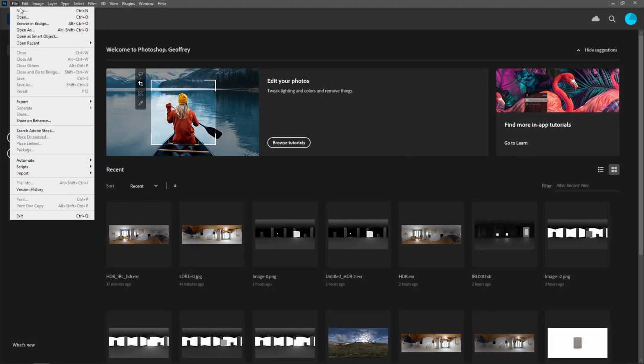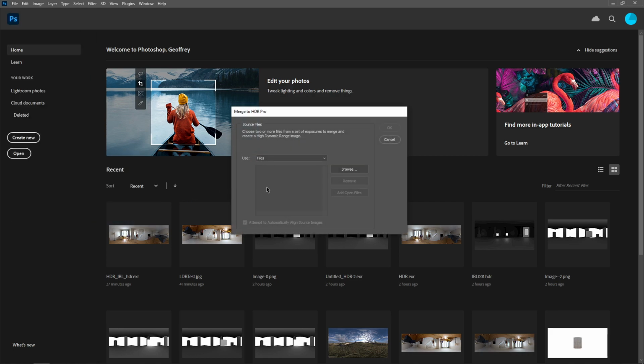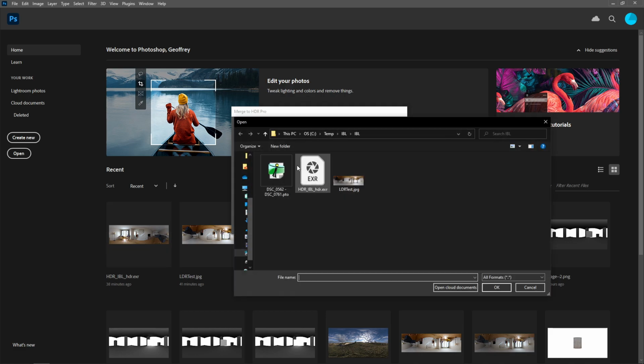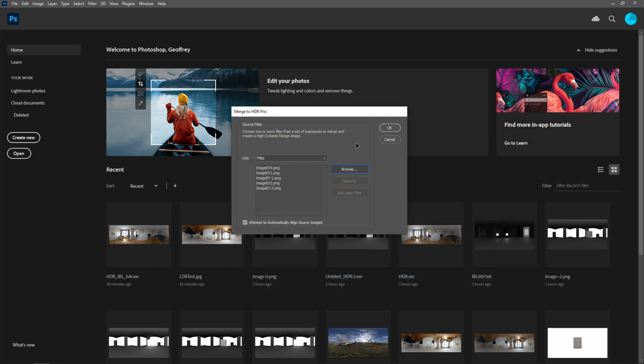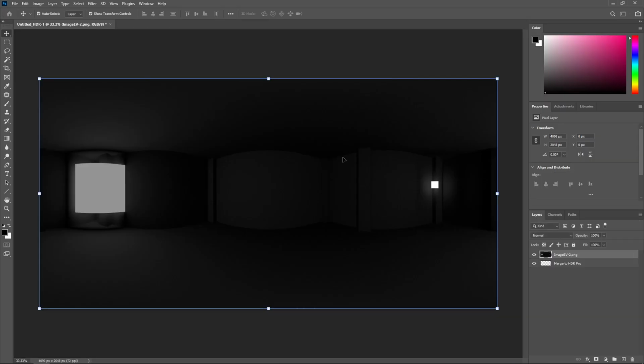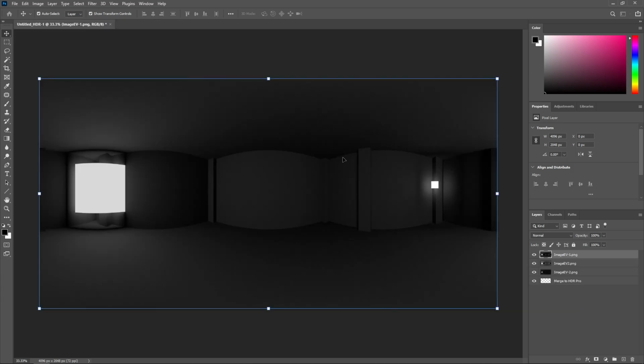So over in Photoshop here, we don't need to open up any files. We can just head straight to the Automate tab and choose Merge to HDR Pro. We're going to browse for these images, and I'm going to find these in my raw folder. This set of images, it doesn't matter what order we import them in, we'll be able to assign which image corresponds to which EV in just a second here, but we will hit OK, bring those in,